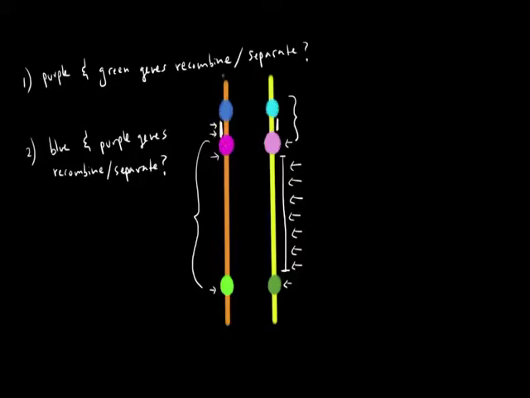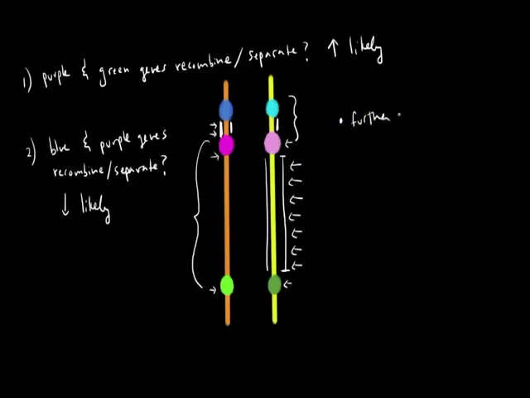So that means that it's much more likely for recombination to happen with respect to the purple and green genes. That is more likely because you have this entire distance to work with. If these two chromatids swap genetic information anywhere along this stretch of the chromosome, the green and purple genes will separate or recombine. And the blue and purple genes are less likely to recombine because recombination would have to occur only in this little sliver of chromosome, and that's just smaller than the other part of the chromosome that we were looking at. So we just learned a very important concept,